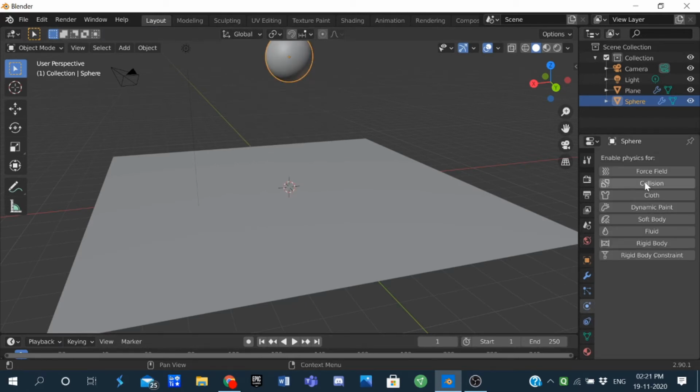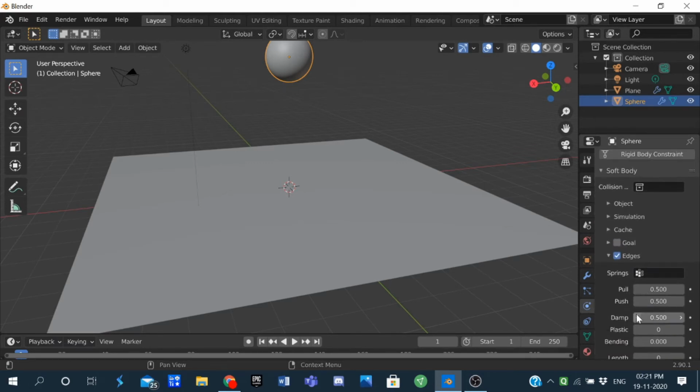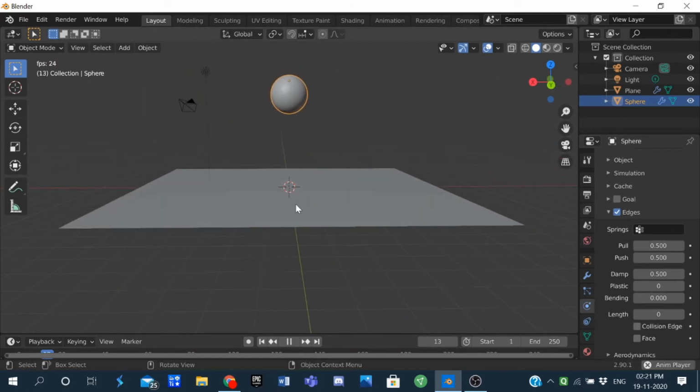Go to the physics panel, give it a soft body. Now over here, uncheck goal, and in edges, the main thing is bending. So right now if we play it, it will be like this. But if we put it in 1,